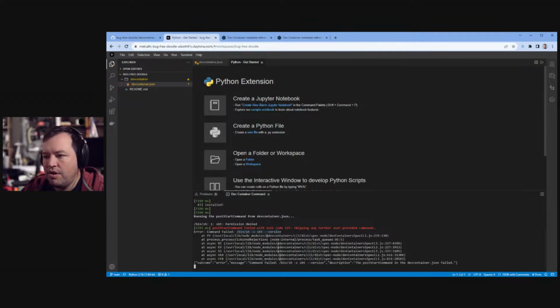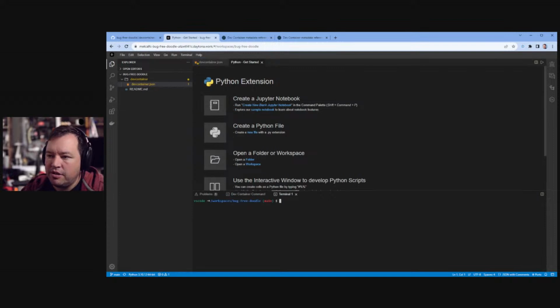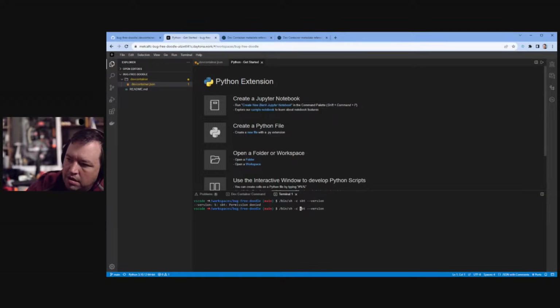That's really odd. So if we get a terminal and we do this, it's because of the shell. It's happening in a shell, bin shell, and bin shell doesn't have